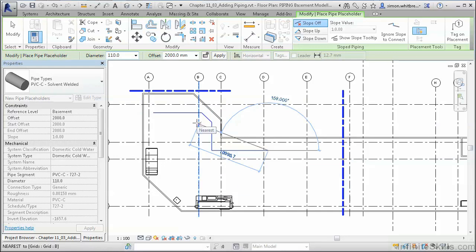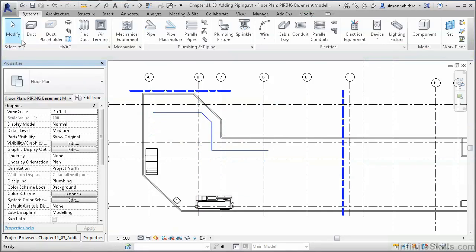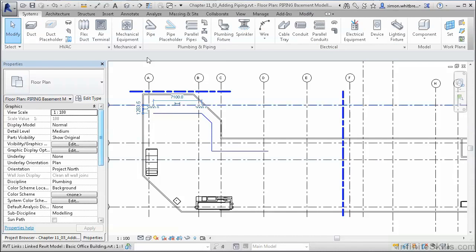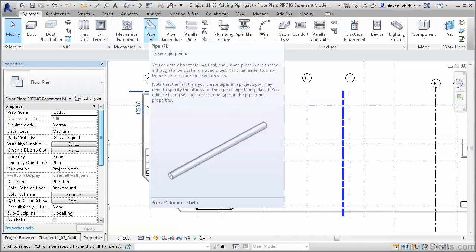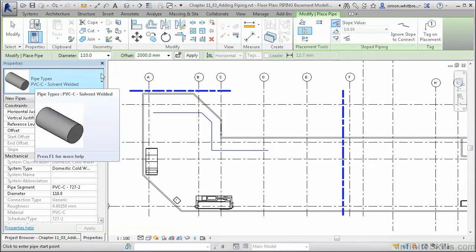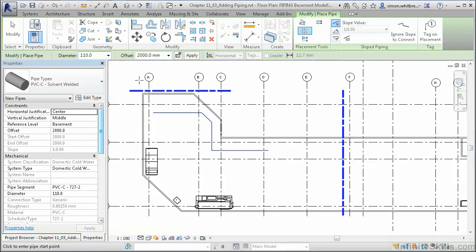As you can see, the pipe placeholder has been automatically created in a blue colour. That's because the system type is domestic cold water. Now let's create another run, but this time we'll draw it as a pipe. We'll draw the same pipe type, the same diameter and offset. We'll even keep it as domestic cold water and draw that run alongside the one that we've just created and